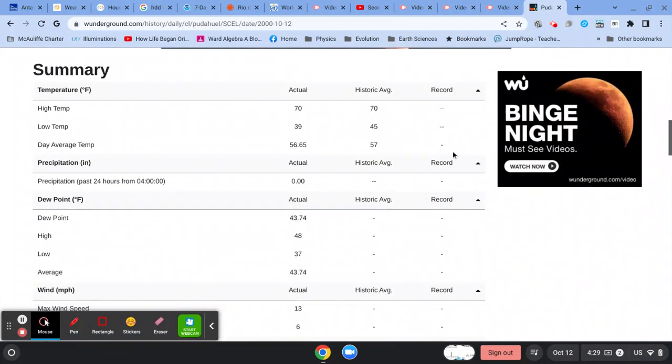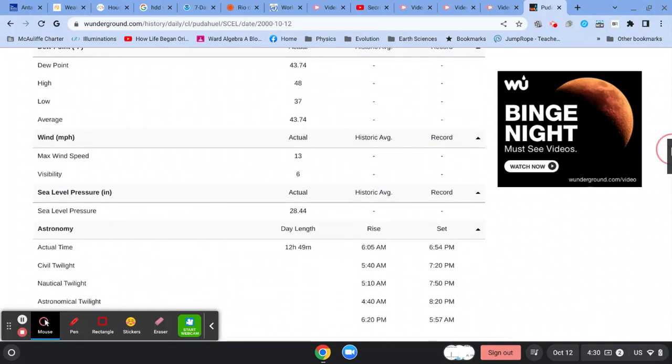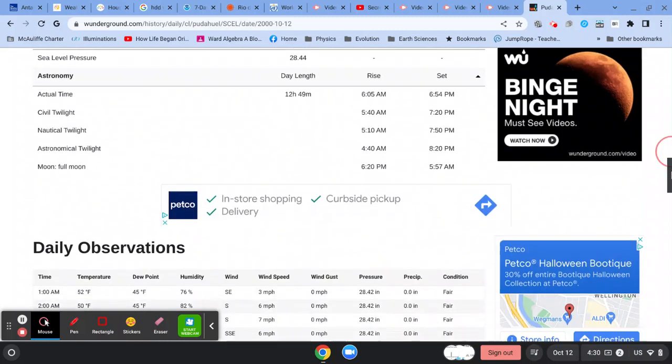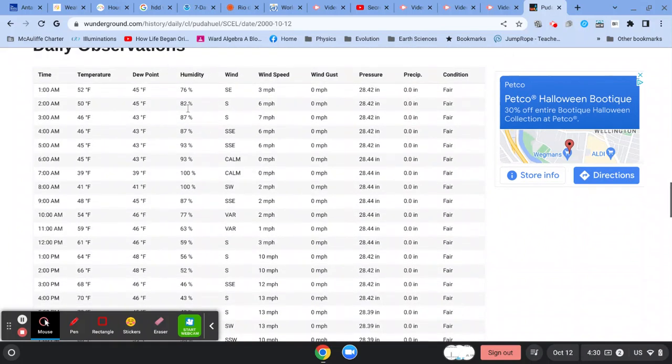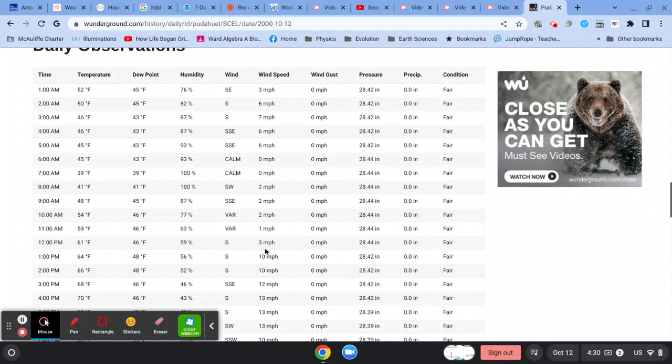So here, once again, we got high and low temperature. The precipitation was 0. And then we can scroll down further to get the information about pressure, 28.44. So that's a little bit of a lower pressure than we've been seeing in the other reports. We can look here at humidity. Let's pick noon, 59%. 3 miles per hour winds coming from the south. It looks like it was a fairly chaotic day with wind, but not very high speeds until later in the